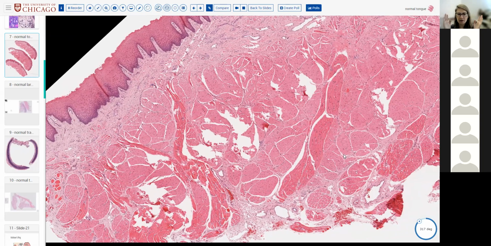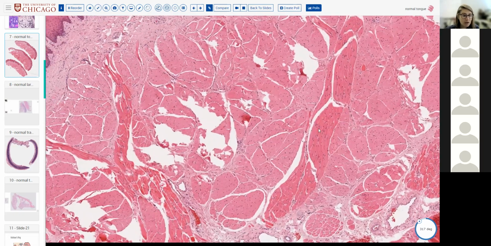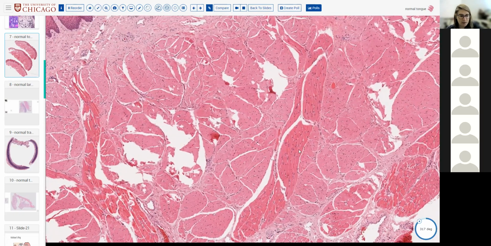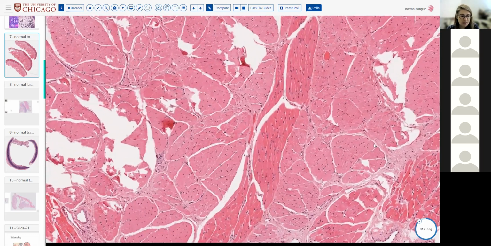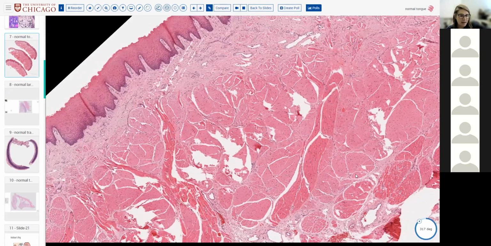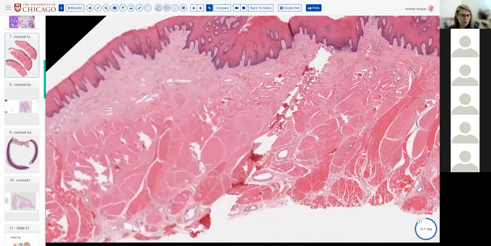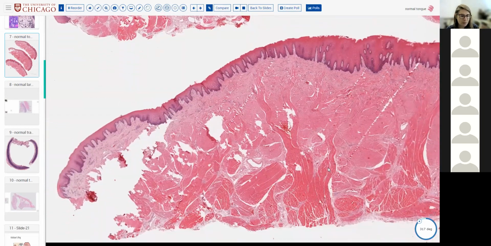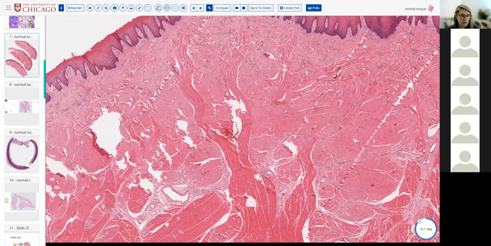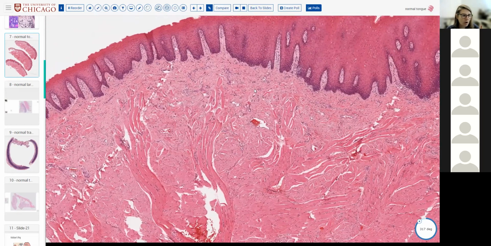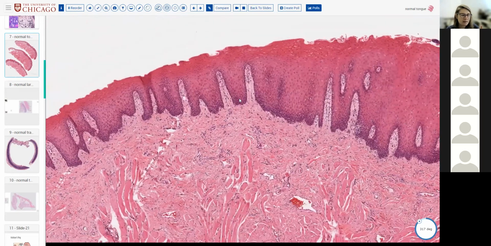So I can't even remember my words. It's too early. All right, so the muscles of the tongue go in 3 directions. So you should not see just long parallel bundles of muscle in the tongue. If you look at higher power, you'll see that this muscle bundle is going up and down the screen. These muscle bundles are being cut in cross section. And ideally, you would also see some going kind of across. So 3 directional skeletal muscle bundles of the tongue with a small pauci muscular area, and then the actual stratified